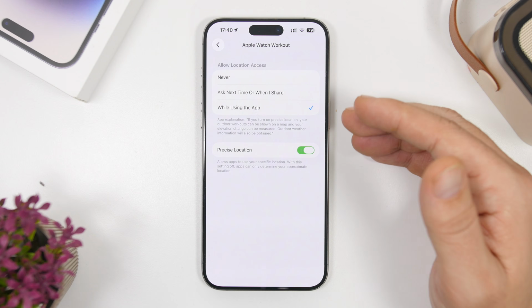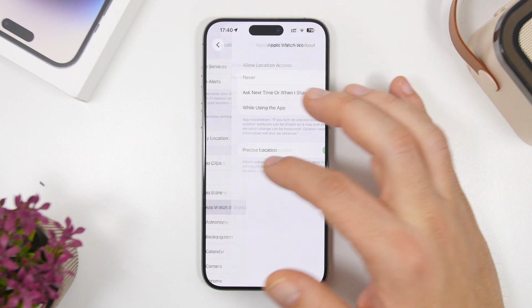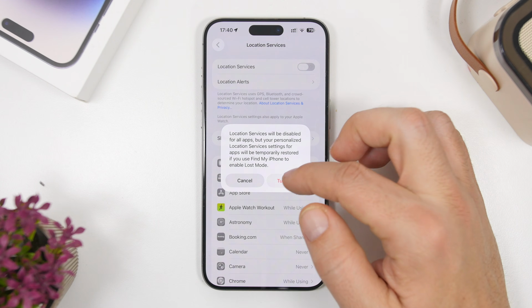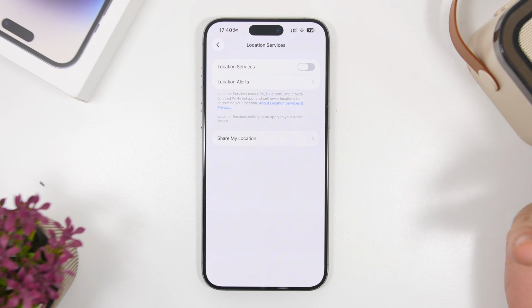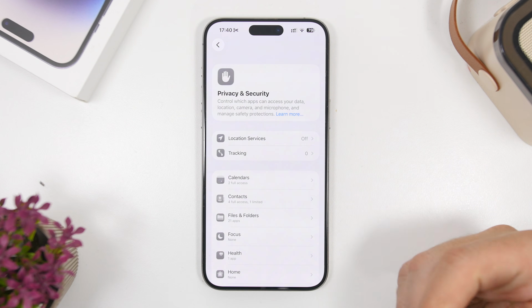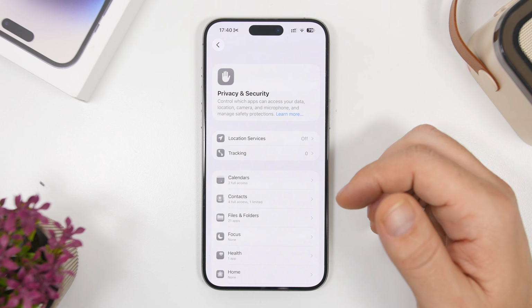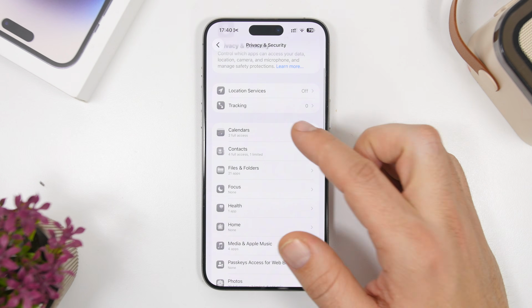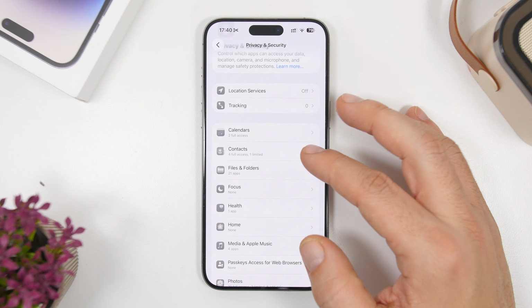You make sure that you choose the right settings for each app, and of course, check if any app that is there and it's not supposed to be there has the location enabled, to go ahead and of course turn that off completely. Now, after you have done that, you have also some really important things here to check, like